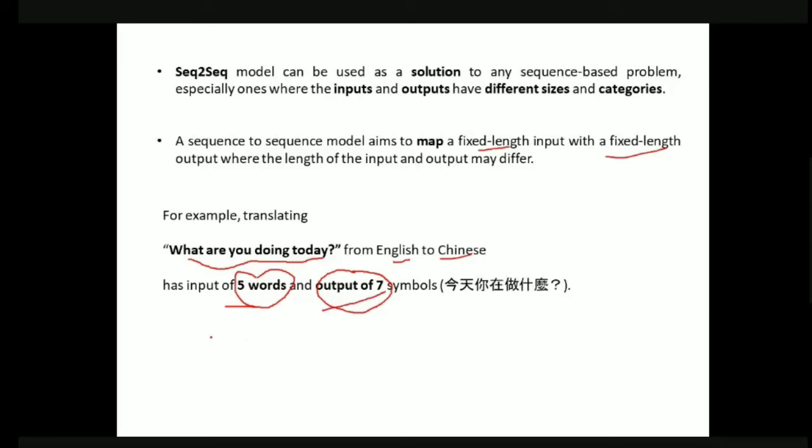For the next example, let us say, "today is NNDL class", so 4 words. If we convert that into Chinese or Hindi or Telugu, "ee roju NNDL taragati". This is how we get different combinations of words when translating from one language to another language. So this is one of the examples.